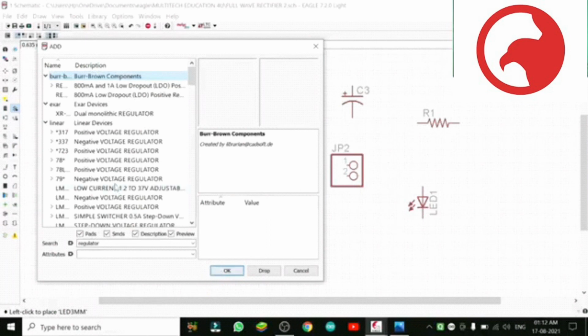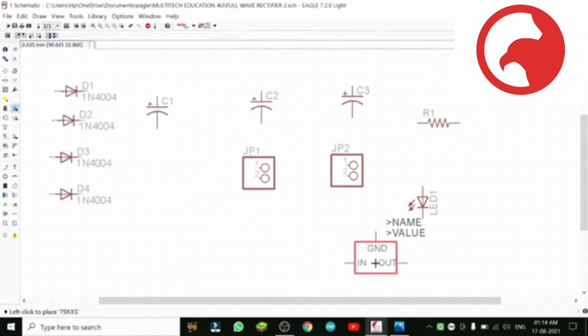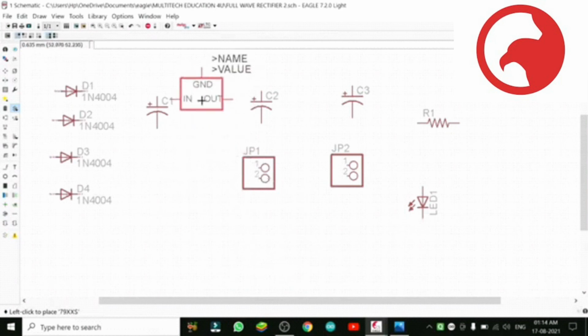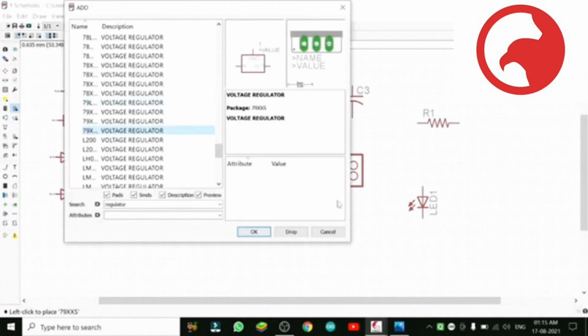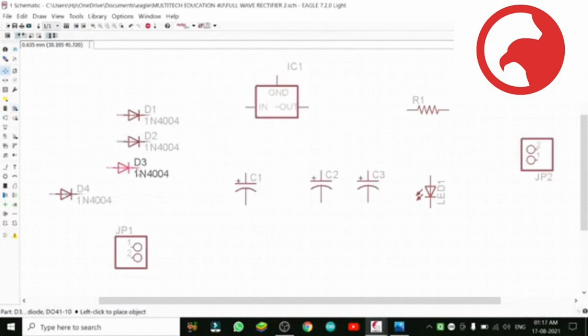So now see, we need one voltage regulator, 7805, 7809, whatever you will put, it will give the same voltage. So we are working on 7805. So it will give fixed output of 5 volt, whether input is 9 volt, 12 volt, but output will be 5 volt. So value we can give afterwards. If you will change it, it will give 9 volt. If you will keep it 7805, it will give 5 volt.